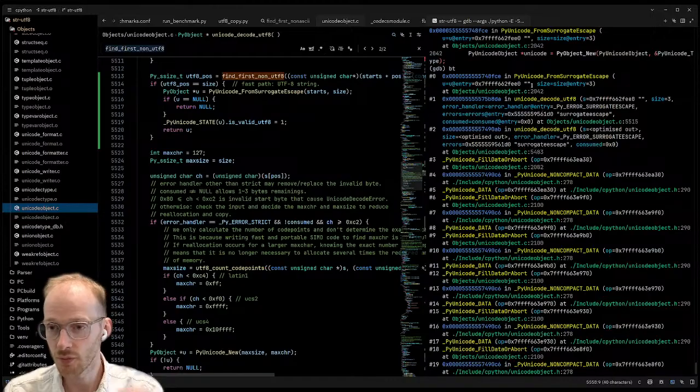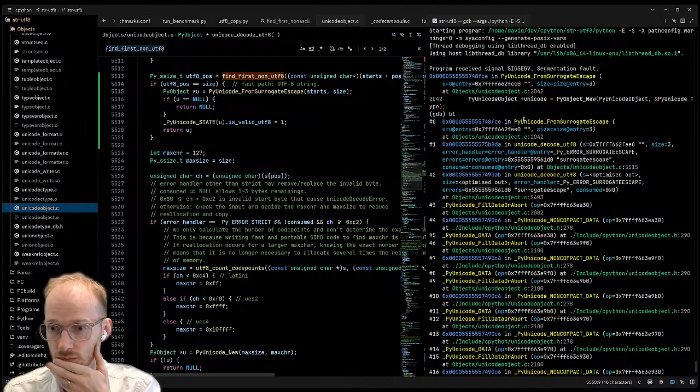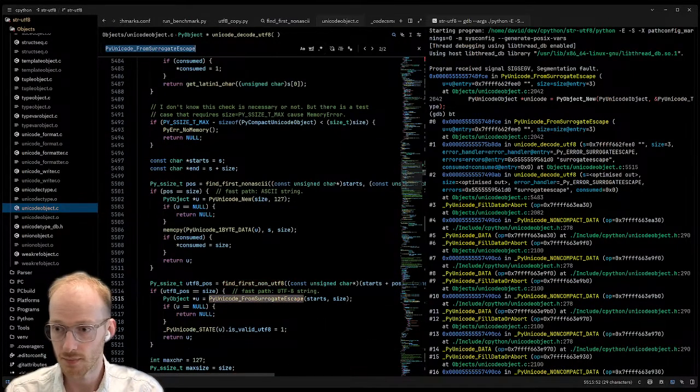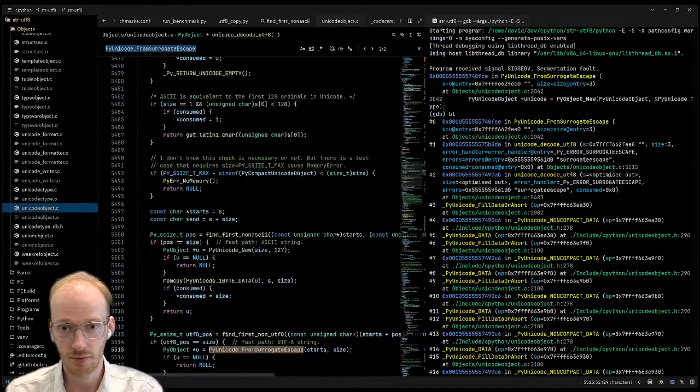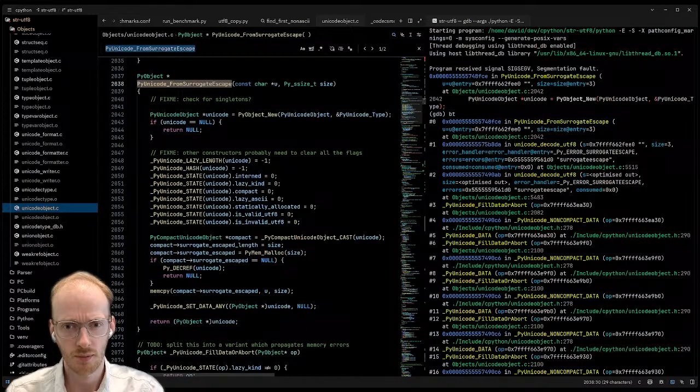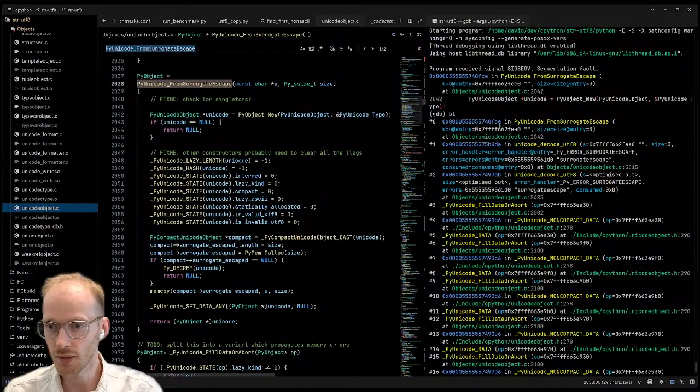In PyUnicode from surrogate escape. That's nice that we're crashing, I guess. It crashed here. Why?